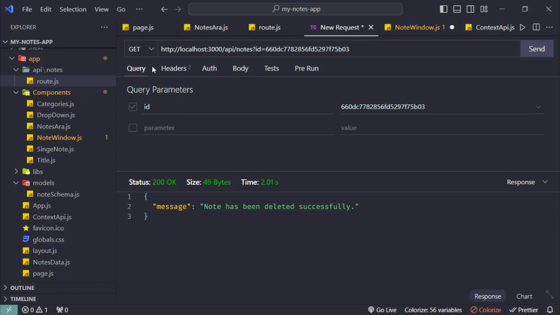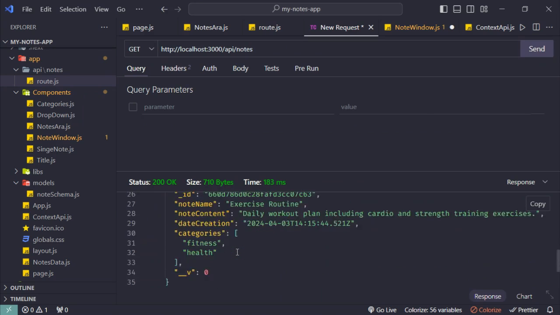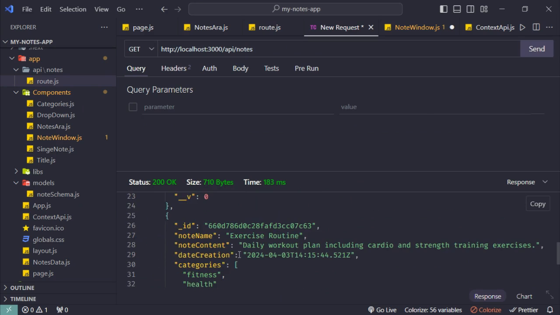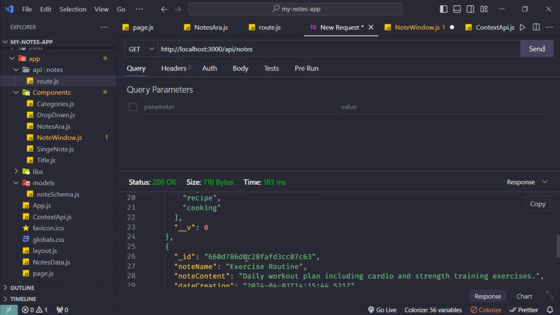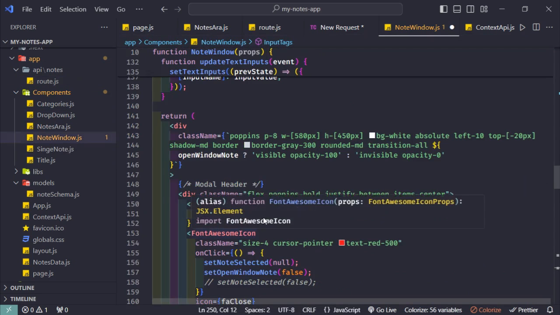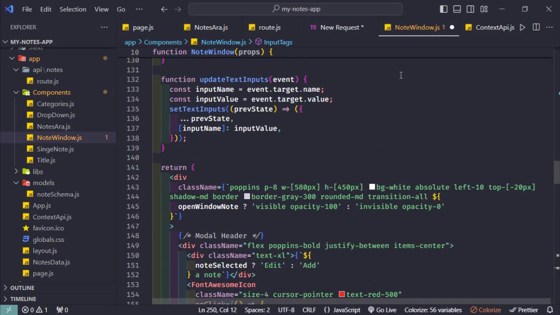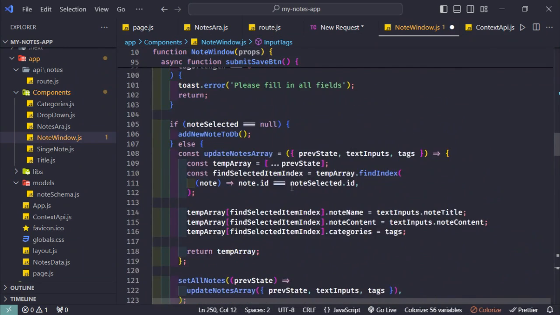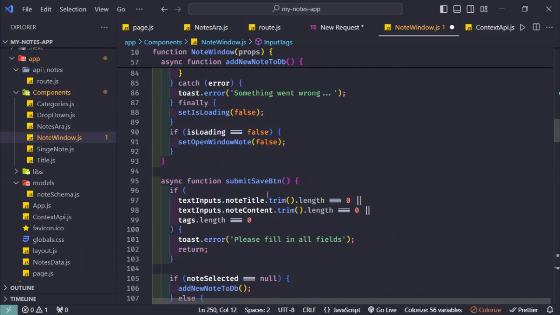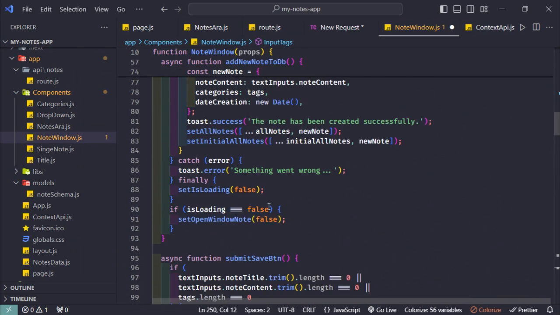And if we check all the nodes by using the get method and click send, notice that the node is not in our database. So the next thing that we're going to do is use that in the application. Specifically, we're going to use that in the node window, as we did for the function when we wanted to add our